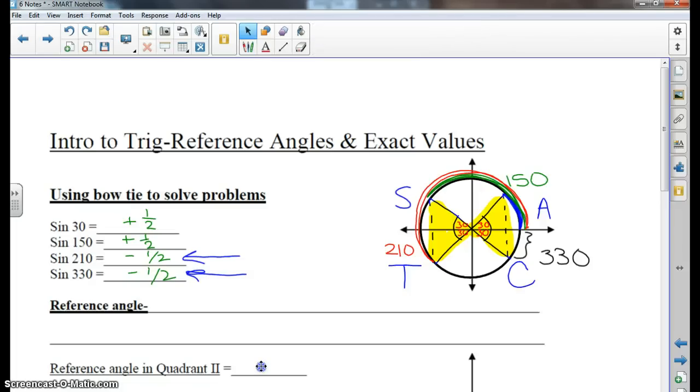Yet you'll notice, because the four angles and the four triangles were all congruent, the size of the answer was the same for all four angles. The reason for that is because the reference angle, or this interior angle in here, was the same for all four angles, and that angle is known as a reference angle. The reference angle is an acute angle,